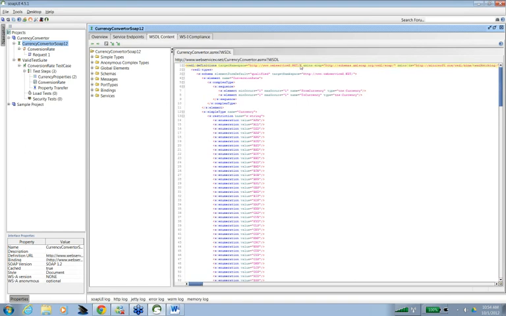Okay, so here the namespace, if you see, is webservices.x.net. So I'm just copying it.